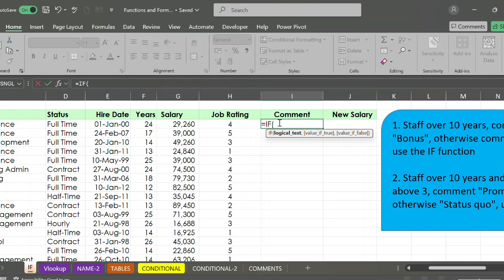Now the question is, which of these columns will be our focus? The years. So since the years is our focus, we will now say IF F3 is greater than 10. So we are saying check this column. If this cell is greater than 10, that is our logical test, in the argument or the parameter. So if F3 is greater than 10, comma,